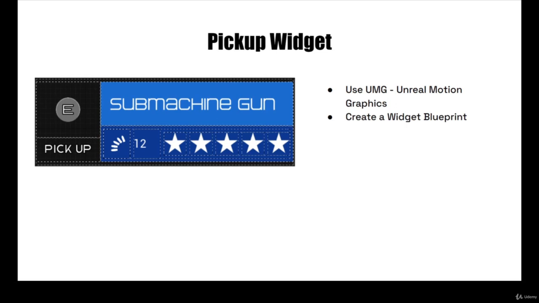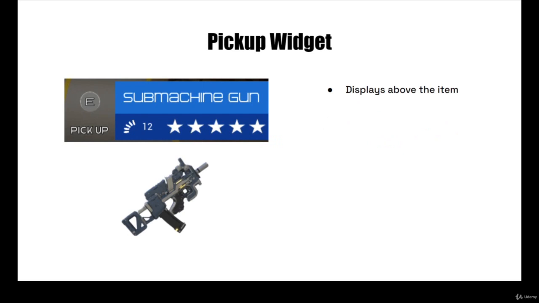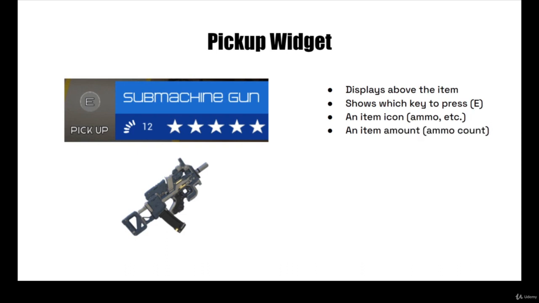Once we create a widget blueprint, then we can add it to an actor and display the widget above the item in the world. So items like a gun, for example, will have this window pop up just above the gun to display information, such as which key you can press to pick up the gun. We're going to have an item icon to show information like the type of ammo a particular weapon takes. We'll have an item count to show the amount of something, like for a gun, how much ammo is in